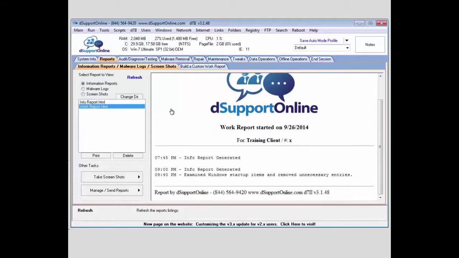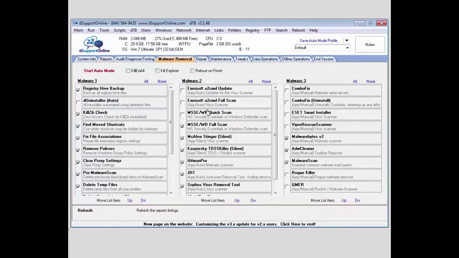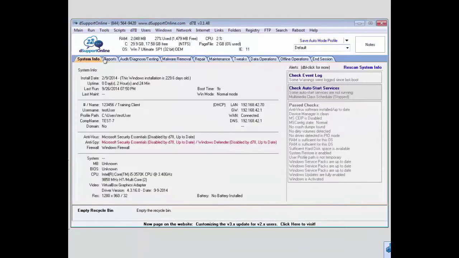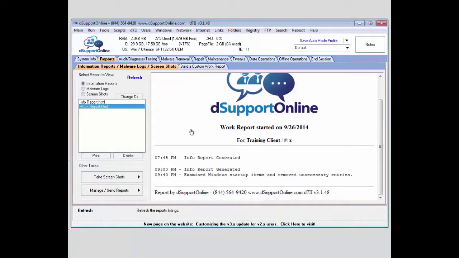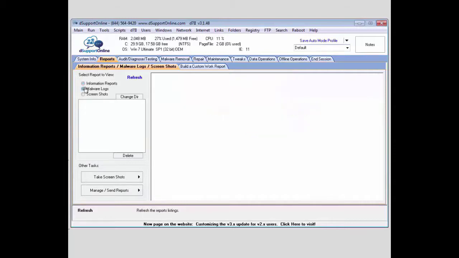You can see the work report, which will examine information that was added to the system. So as you run programs, the function's custom report information will be added to there. You can also review the malware logs. So if you run through the malware removal, all of the malware logs will be put into this section here, so you can review and find details about what was removed and changed and updated, as well as be able